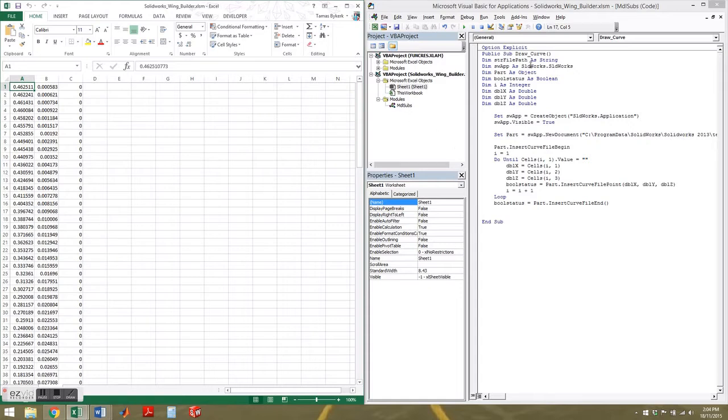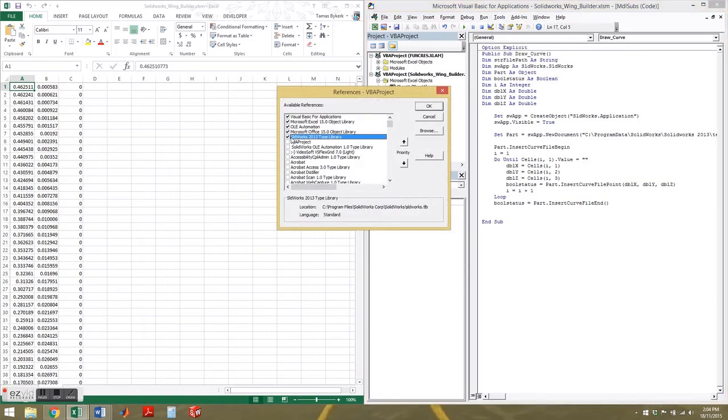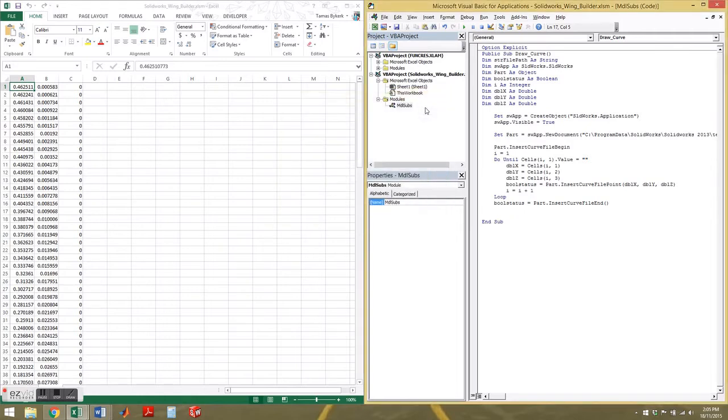There we have my MDL subs, Option Explicit, and another important thing is when you're referencing Solidworks, in order for VBA to understand it, you need to have the library enabled. So check that in Tools, References. So once you've done that,